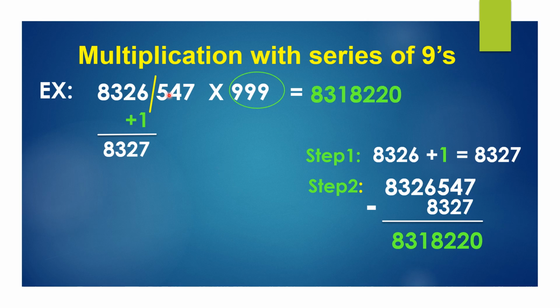Now the second part is 5 4 7. How much should be added to 5 to get 9? Nikhilam Navataha. 5 to 9, it's 4. Now how much should be added to 4 to get 9? It is 5. 4 plus 5. Next step, last digit. 7 is the last digit. So, Charamam Dashataha. How much should be added to 7 to get 10? Or 7 plus how much is 10? It is 3. Our product is done. It is ready. 8318220453. So easy. In only 3 steps you will be getting the answer.